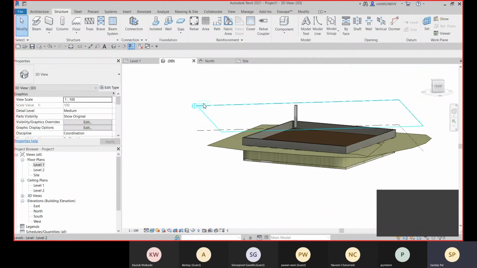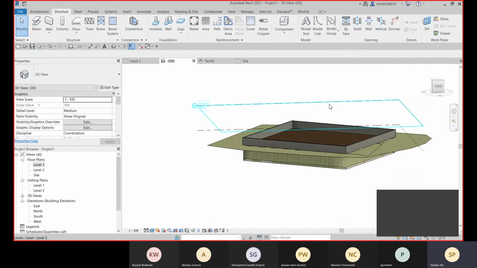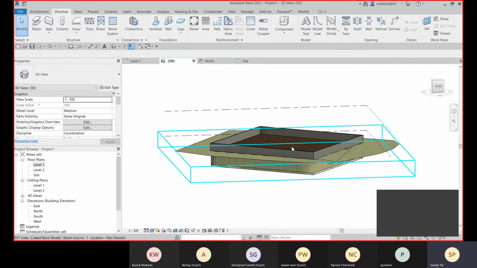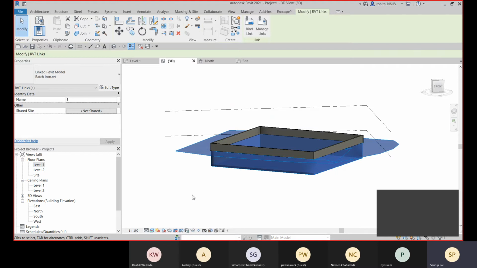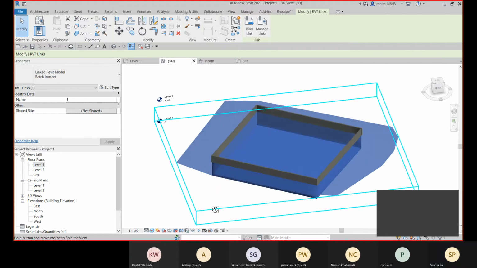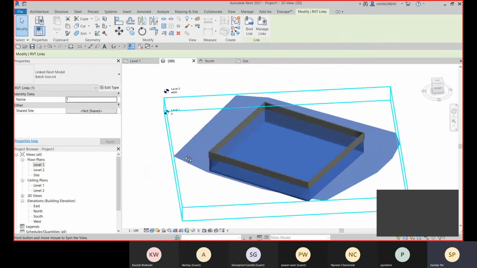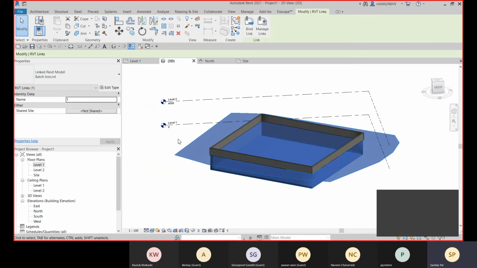Now we need to create all our levels, right? Now let me go for this delete, because I'm using this Revit link model for my reference. So here I need to create all my levels.